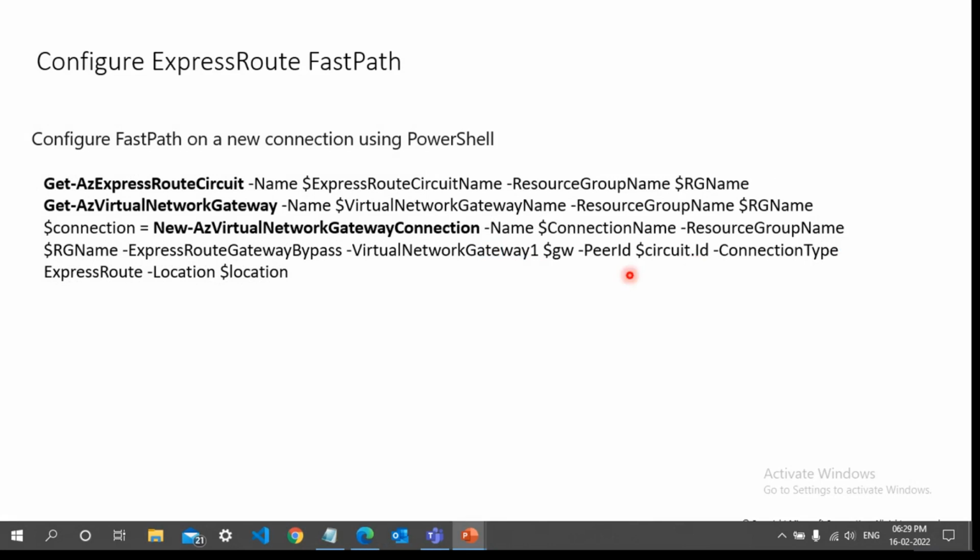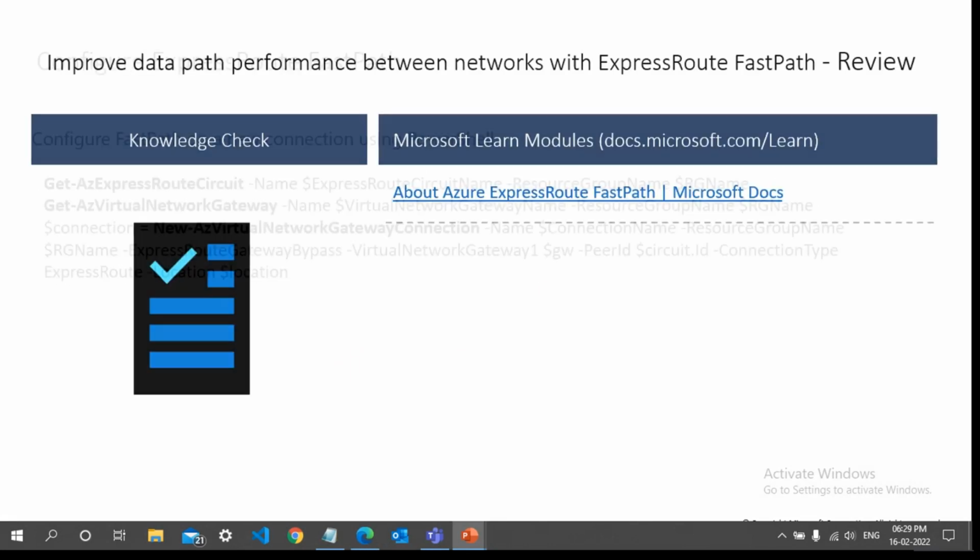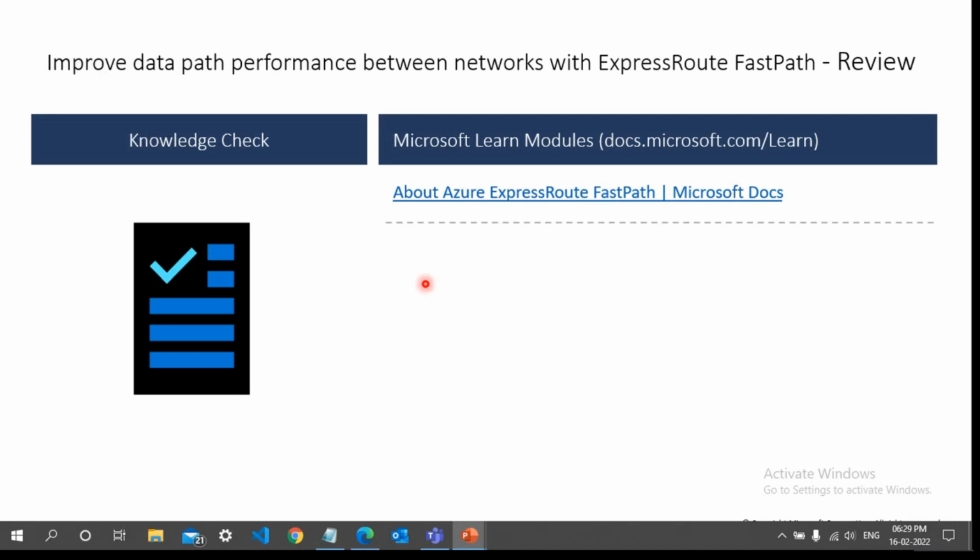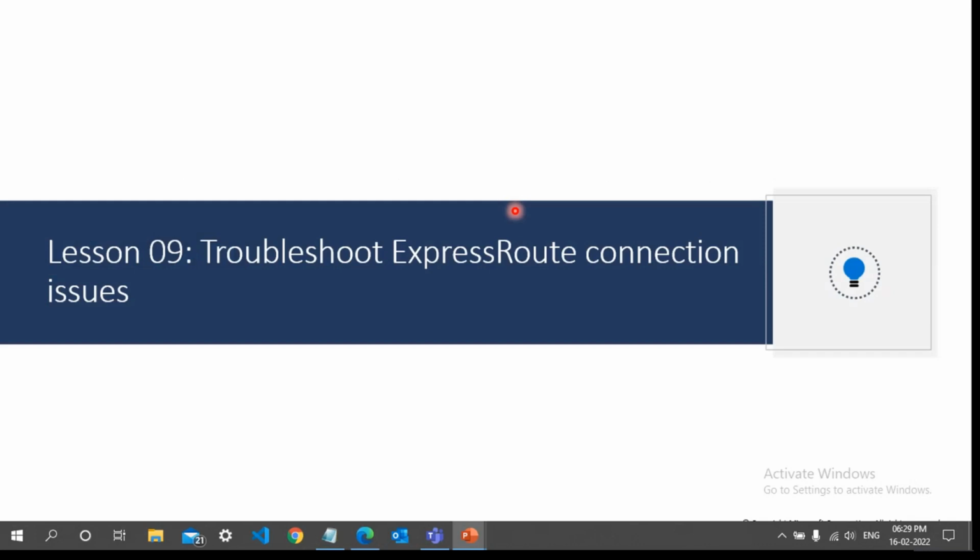Now, this is a simple shell script through which you can configure FastPath using PowerShell. You can always go to the Microsoft Azure Learn module for learning more. Because ExpressRoute is a specialized network connection option, there is also a best practice to learn about various troubleshooting options, right? So, for troubleshooting options,